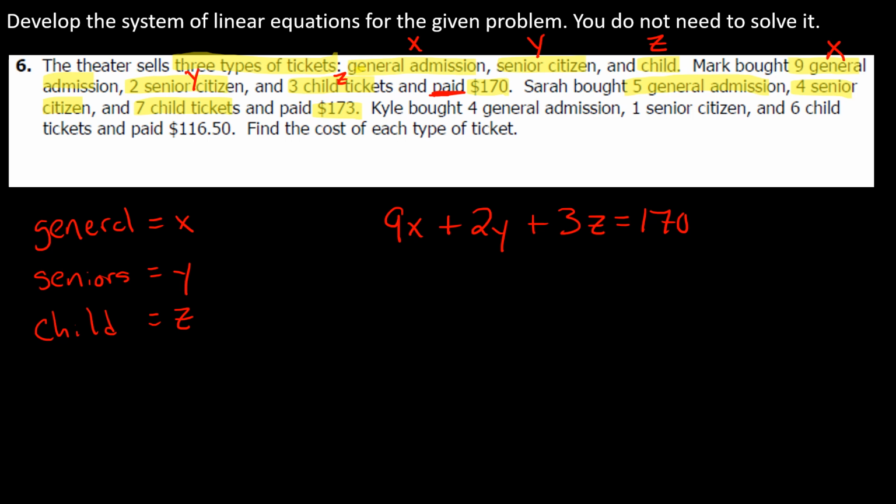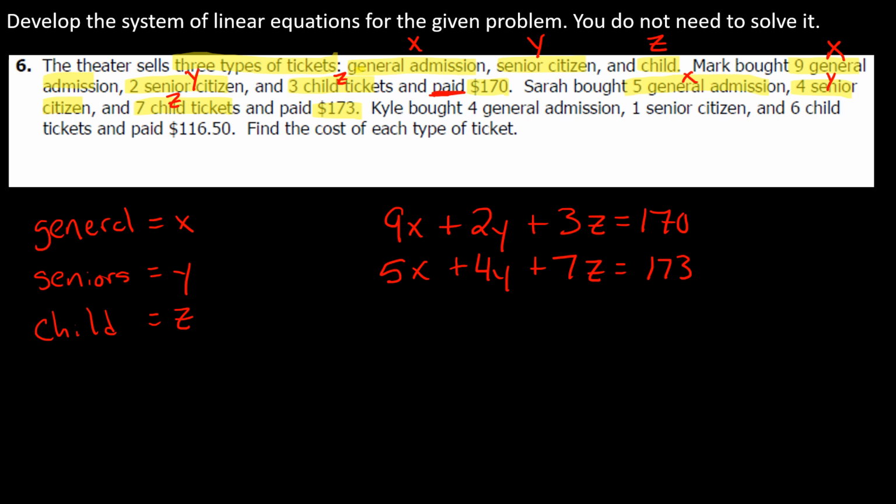Then they talk about Sarah bought 5 general admission, 4 senior citizens, and 7 child tickets, and paid $173. So really we'd have 5x, 4y, and 7z, and this is going to equal $173. So we'll pull this out. We'll have 5x plus 4y plus 7z, and this will equal $173. And then lastly, because we see that we have 3 variables, well, then we need to have 3 equations,